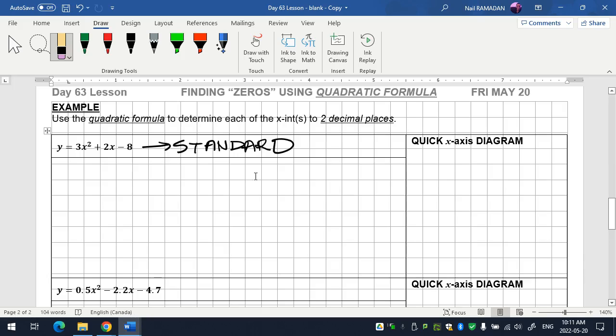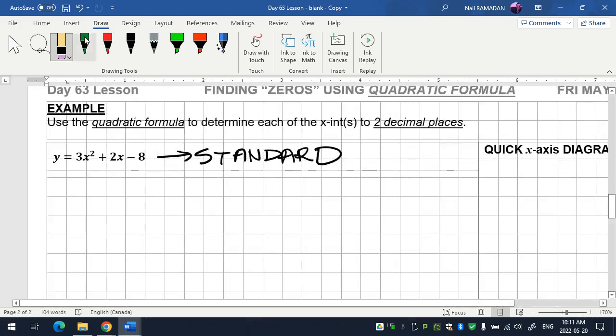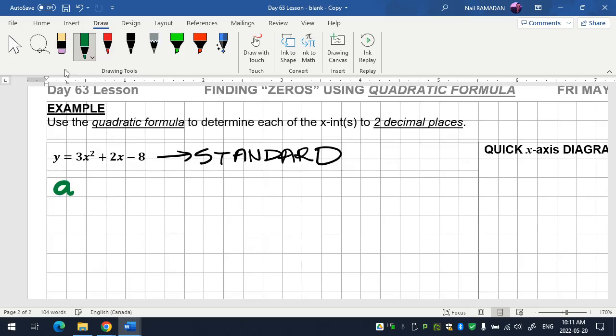Exactly. Same thing here. If it's positive, it opens what? Opens up. If it's negative, it opens down. So every number here has a meaning. Okay, everyone, let's be organized here. Let's write the numbers first. Go ahead. A, two things. A,